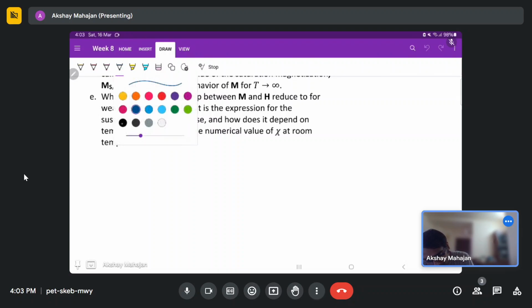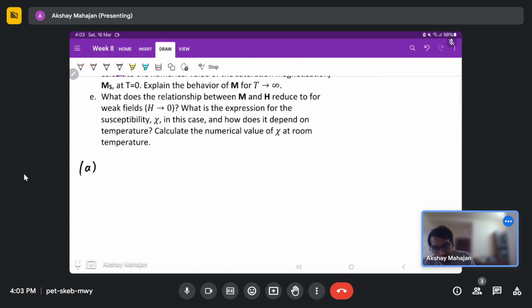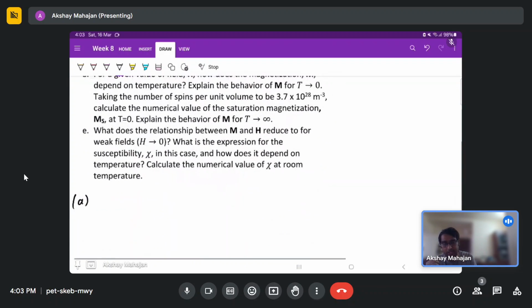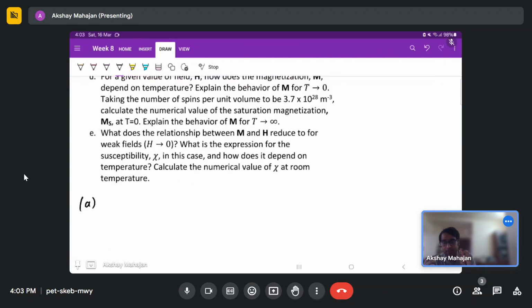So in part A, we have a 3-dimensional lattice of spins, with each spin having s equals to half, and we have to find what is the magnetic moment of each spin, and then what are the allowed values of the projection of the magnetic moment mi onto some chosen axis. So basically this is what we get if we apply a magnetic field. We generally choose it to be along the z axis. So first we have to find the magnetic moment on each spin. So remember that